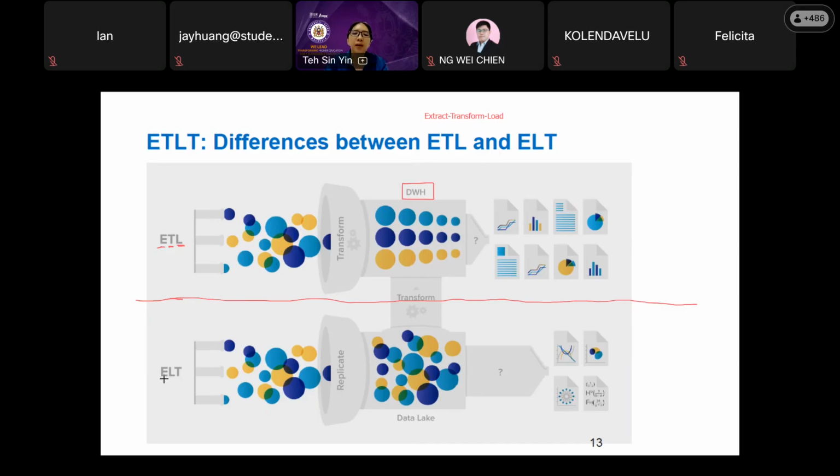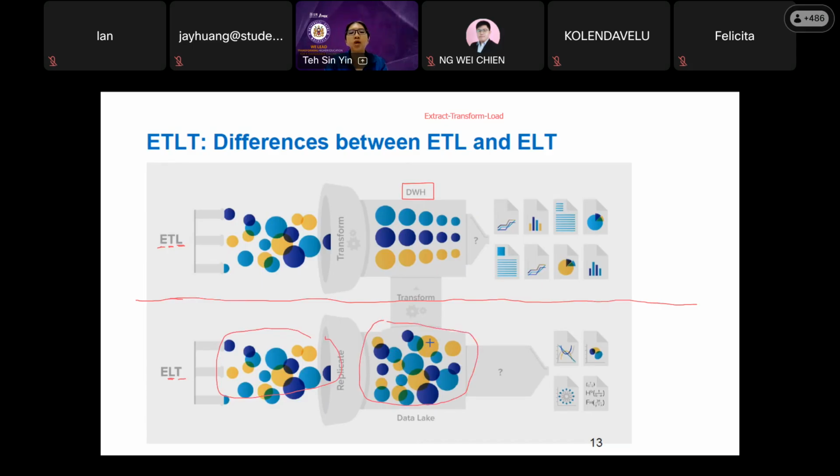What about extract, load, then transform? After you extract it, you load it straight into your data lake. When you load it, you did not arrange it into structured data. Here, it is still unstructured data. You see different types of data.